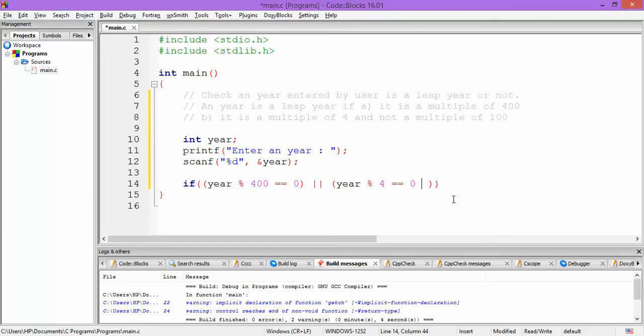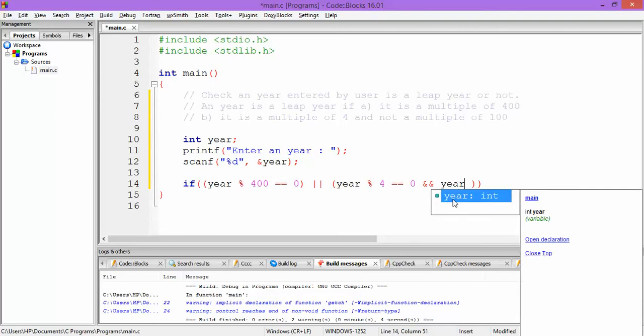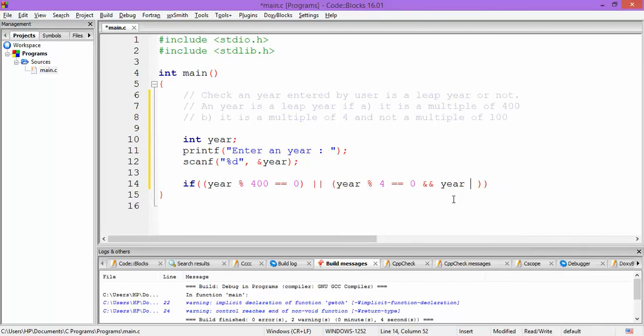For that we would be using the logical AND, that is ampersand ampersand, and year modulo 100 should not be equal to 0.